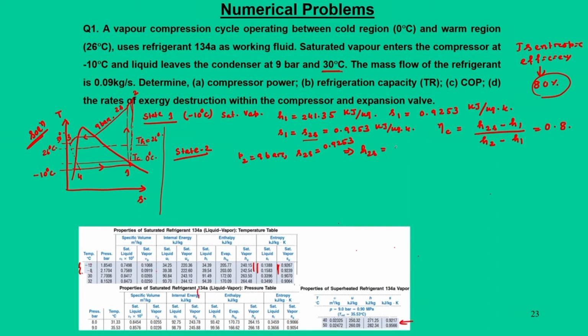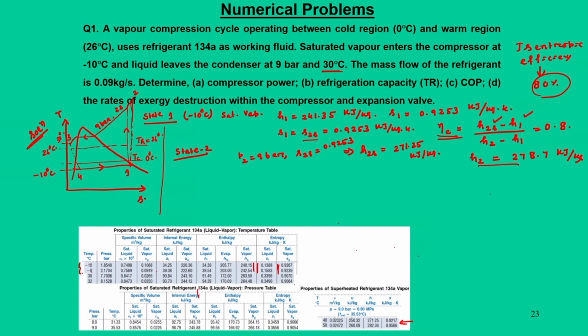So, you can say 271.25 kilojoule per kg, and from this equation we can now find out H 2, because we know H 2 S, you know H 1. So, this H 2 can be calculated as 278.7 kilojoule per kg. So, we know H 2, but we do not know